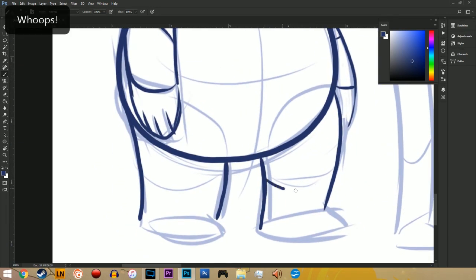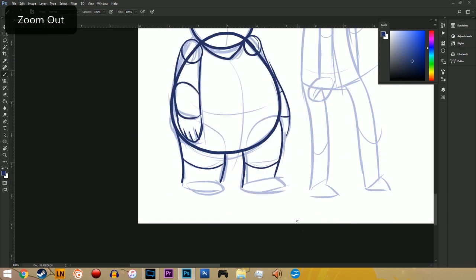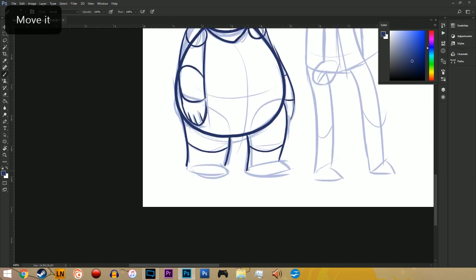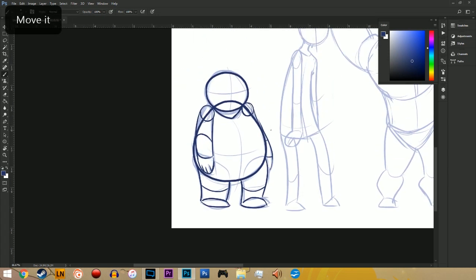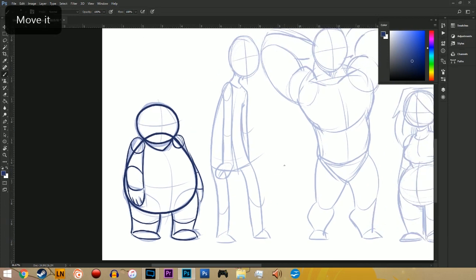It's actually a fairly good way to sell a body mass look. And obviously these are where the legs would bend as well. And then we have feet, and it's all very simple shape construction. We've not deviated too far from the typical mantra of the channel so far, which is play with shapes. You've got your circle, your egg, you've got your tubes, and that's all there is to it. That's all basic body construction is.